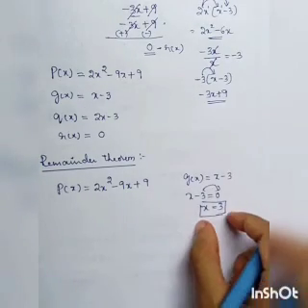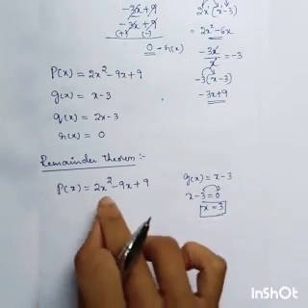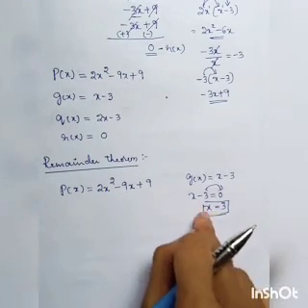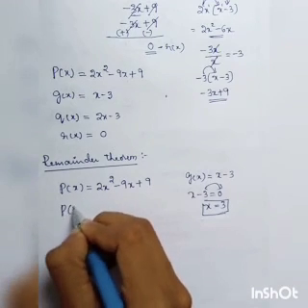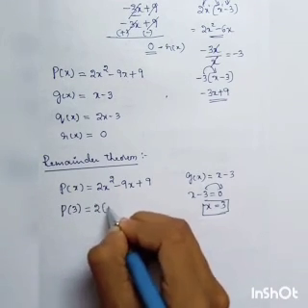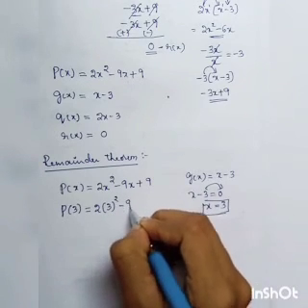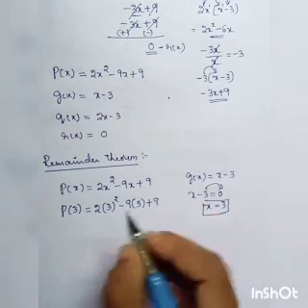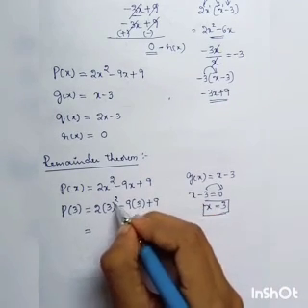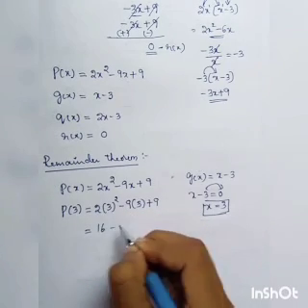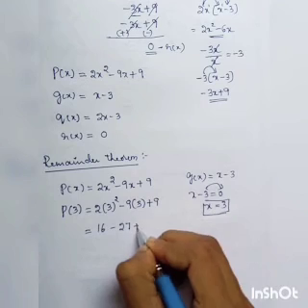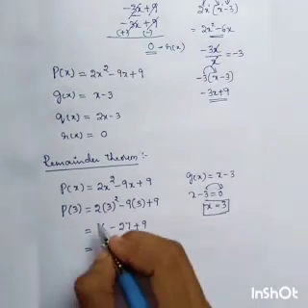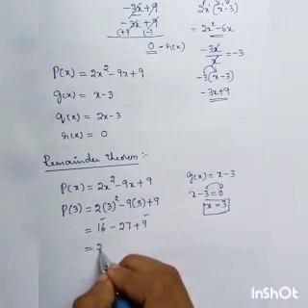So in the same way this x variable value you have to apply in the given polynomial, correct? So p of x in a dividend we have to apply x value now. So x is 3 now. P of 3 is equal to 2 into 3 square minus 9 into x. In the place of x, what you have to substitute? 3, plus 9. In the same way, 3 square we know. 3 square is 9. 9 twos are 16. Minus 9 threes are 27. Plus 9. So what we'll get now? So 16 plus 9 how much? 25, correct?